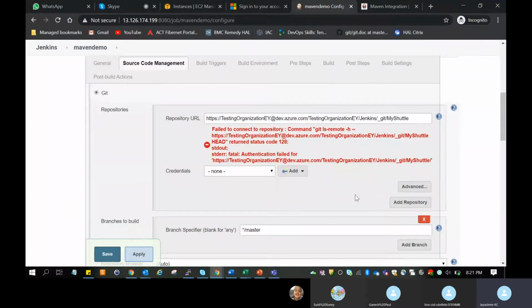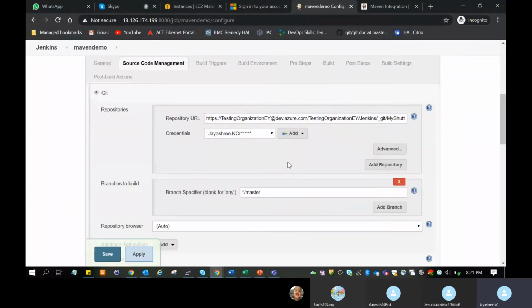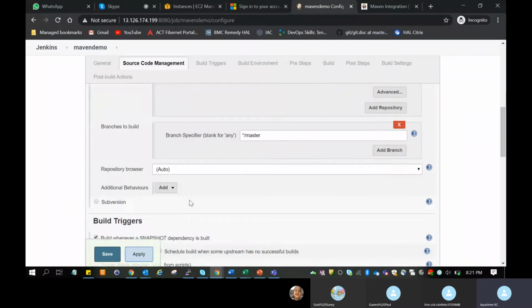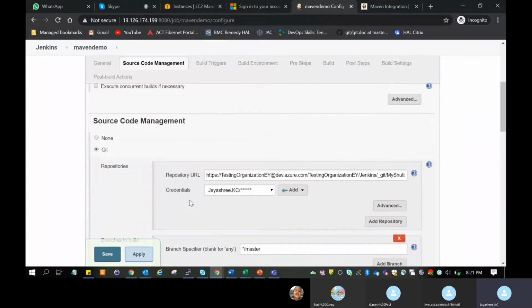Select the drop down for the credentials. Okay, come down. So right now you have enabled Source Code Management as Git.